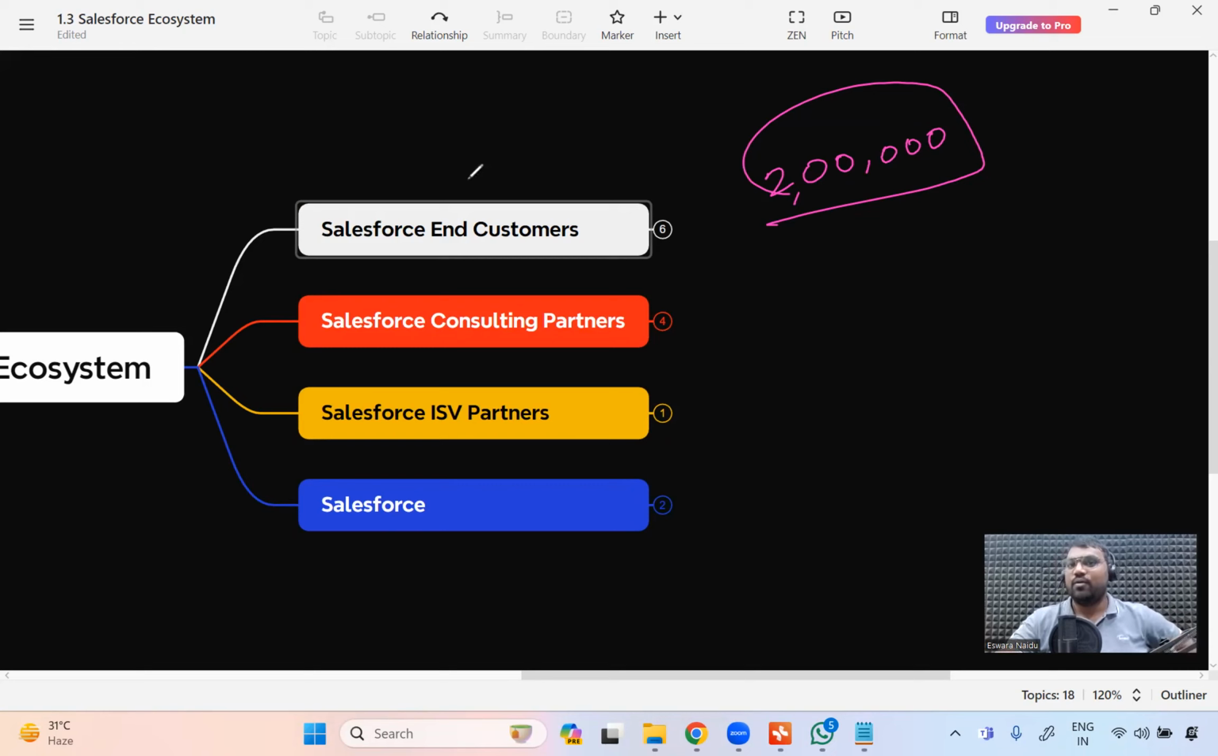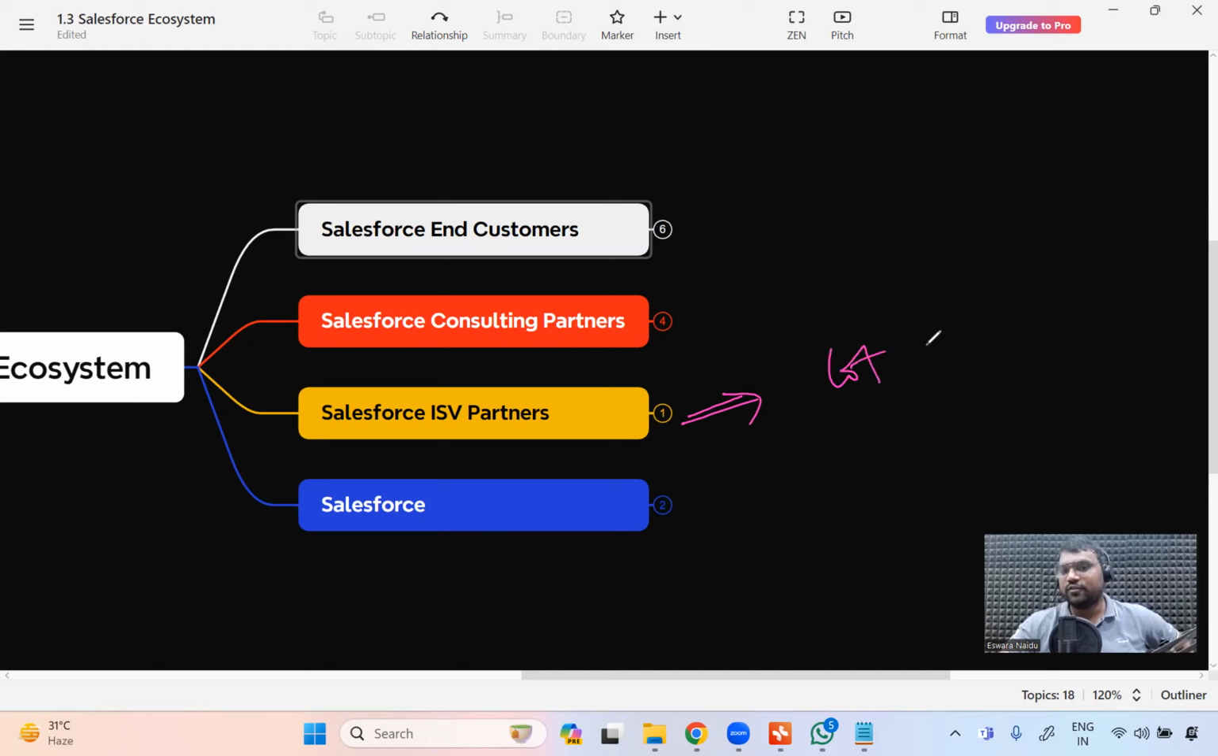That's when these independent software vendors come into the picture. Who are they? These are the people who have built a lot of Salesforce products for different industry niches. And these products